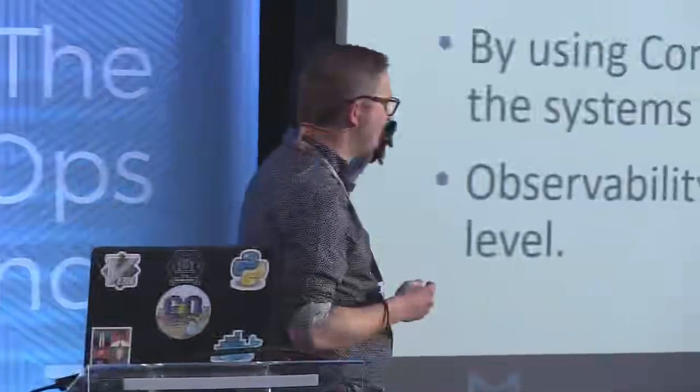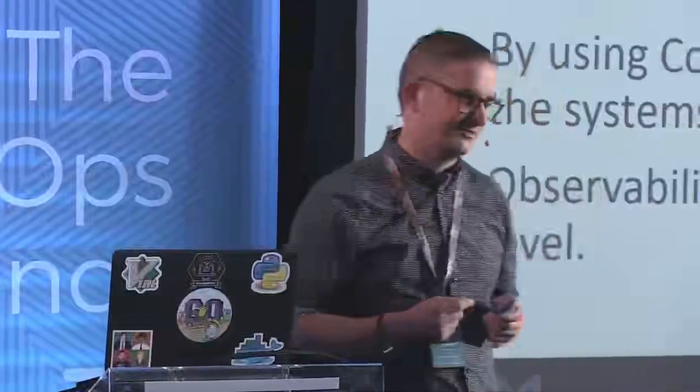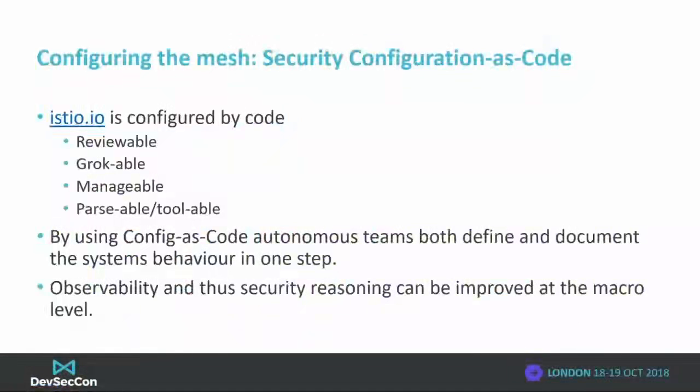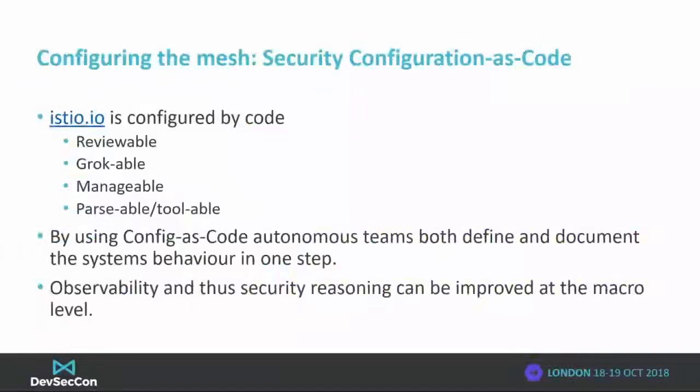Config as code as well helps us to define what our system is and what it is doing and helps others to understand it. So it allows developers to document on the go in a very lightweight fashion without forcing them into writing separate design documents or adding comments in their code, which then have to be parsed by complex tools. It's just a really good and nice way to help us manage security.